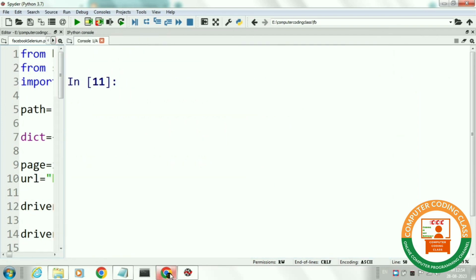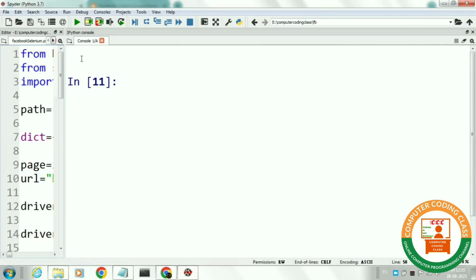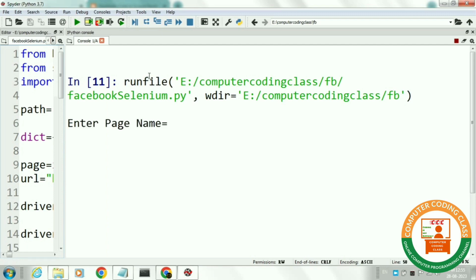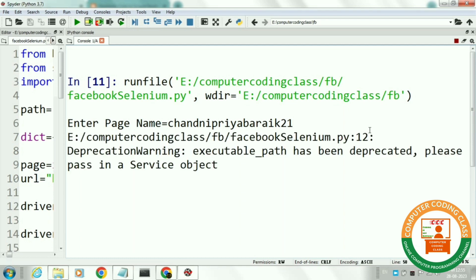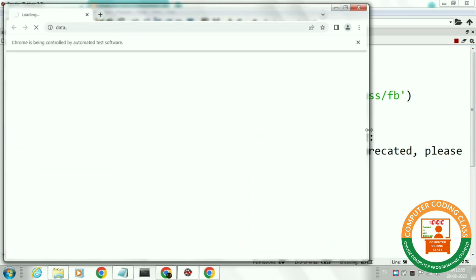Before running the program, I am again copying the Facebook page name of Chandni Priya Barai. Now run the program. In the output window, it is asking for the page name. I am inserting Chandni Priya Barai 21 as the page name. Here you can write any Facebook page name and it will display the desired information, but there is a condition.